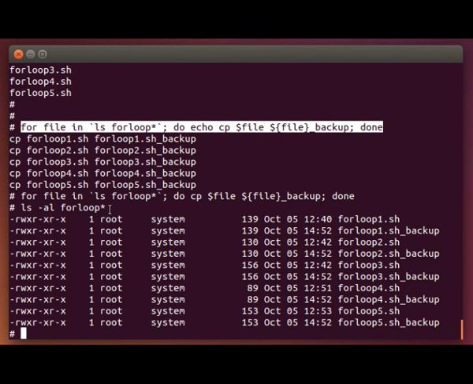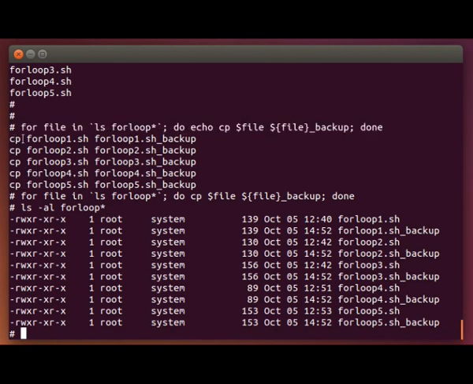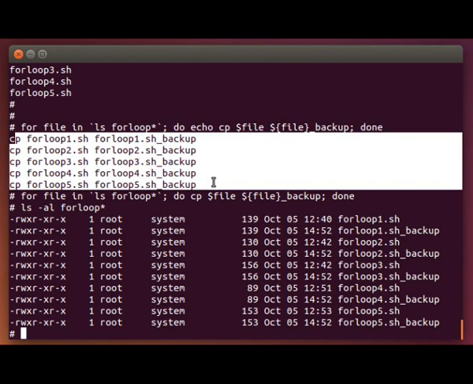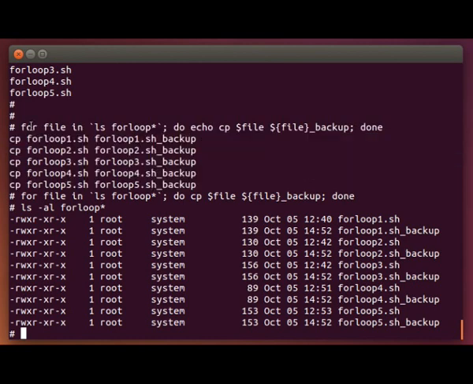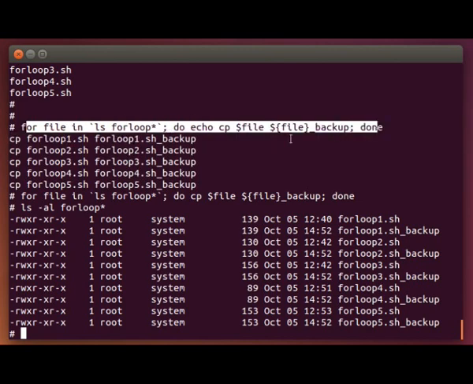You can use this for really anything you're having to repeat over and over again where it's the same command, you can usually transform that into a for loop and save yourself a lot of time. Because in this example we only had 5 files, but what if you needed to make a backup of 1,000 files? The for loop is going to really make that quick and easy. And I would always